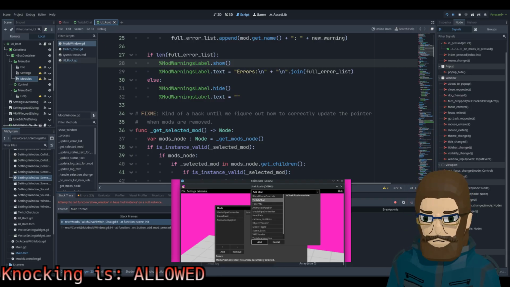Yeah, so again, UI roots. So you like just locked up.